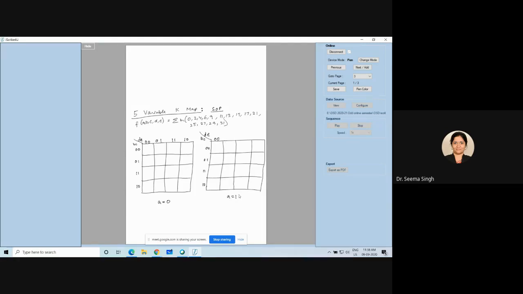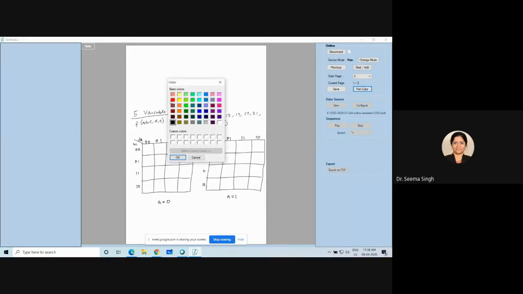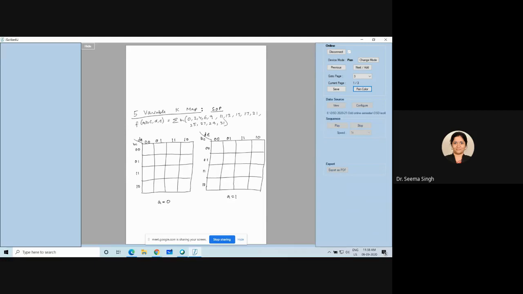So what is 1 followed by 4 zeros? 16. So you will be able to see that my first 4 variable K map with B, C, D, E and A equal to 0 will give me numbers from 0 to 15, as you have seen till now.